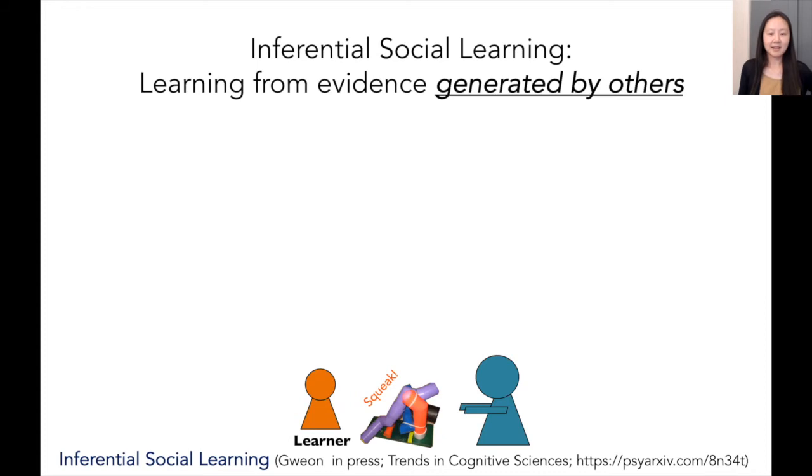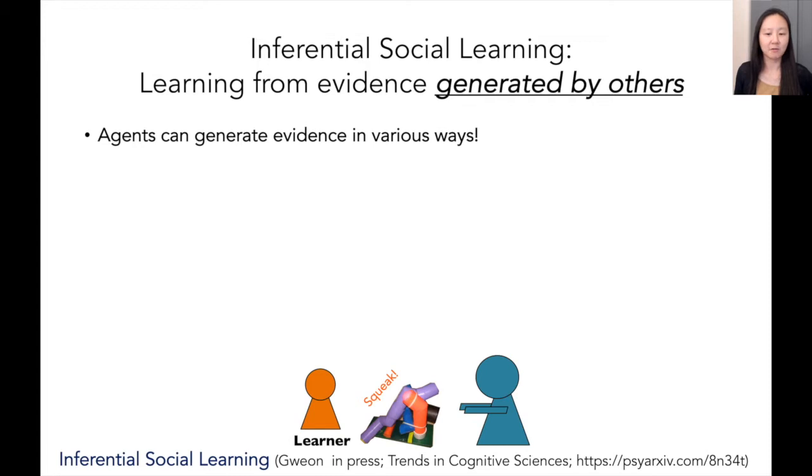So the idea behind inferential social learning is that humans learn by drawing inferences, not just from evidence they observe on their own, but also from evidence generated by other people. So does this mean that individual learning and social learning are basically the same thing? Well, yes, because it draws on the same inferential machinery, but also there are important differences,